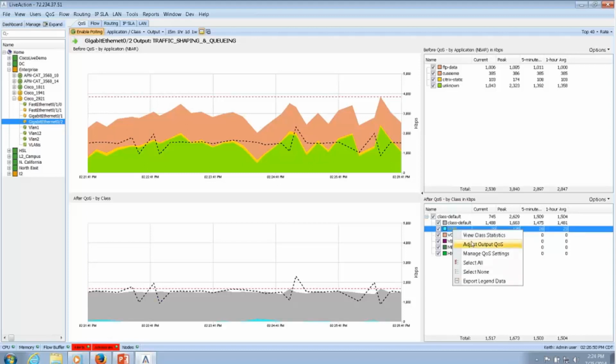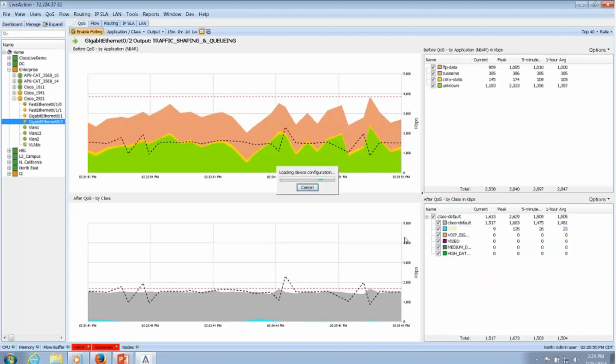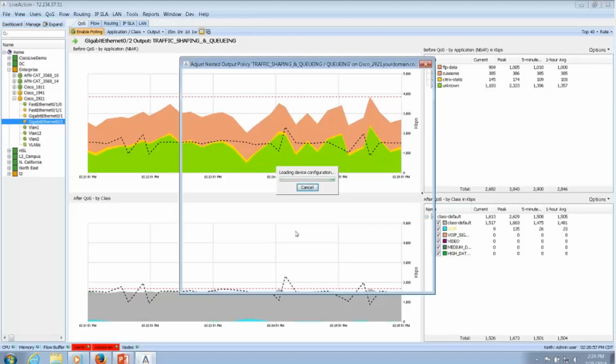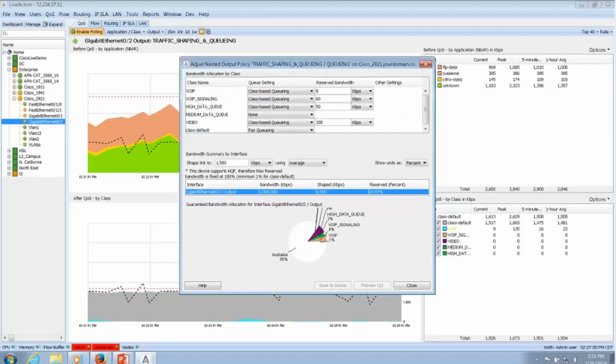Look what I can do that's so unique. I can actually adjust the policy without going command line. This tool was designed for the Department of Defense for military use originally, so it had to be simplistic for the network combat operator to be able to adjust quality of service on the fly. We were dropping about 800K in voice, and I can see now that voice is set to 8K. At the bottom of the screen, 85% of the bandwidth is still available, so let's go